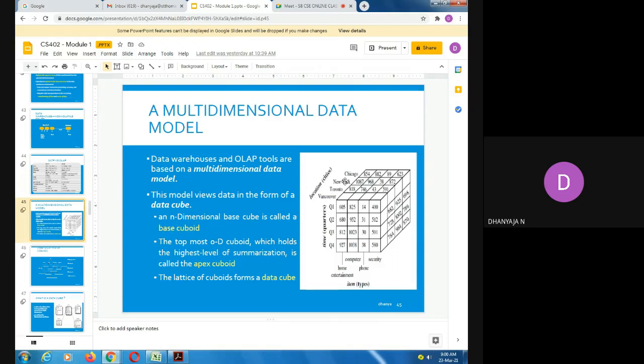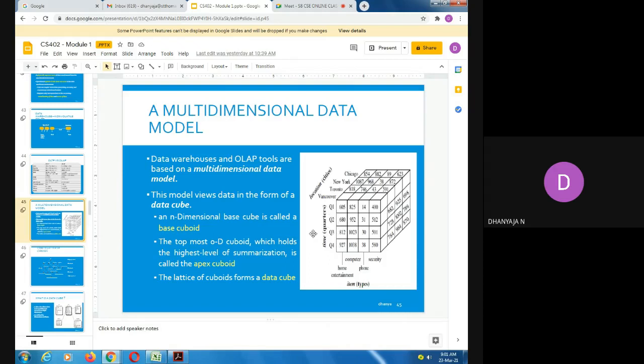this is the location, and this is the time period, and the x-axis will give you the product: home entertainment, computer, phone, security, all these types of items, sales in different cities during some particular time period. So here it is given as 4 quarters.